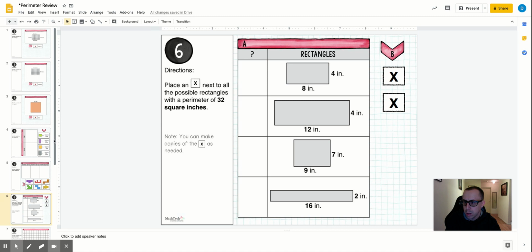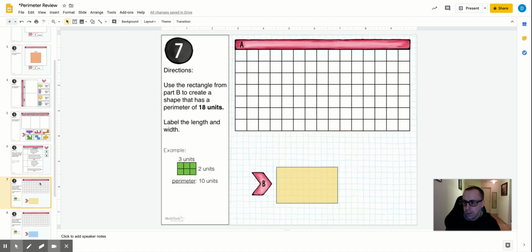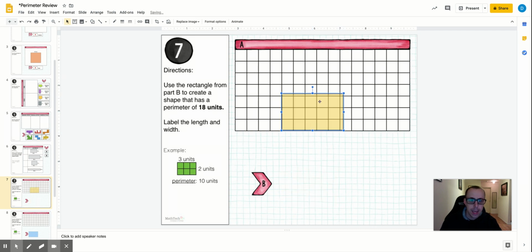All right, moving along to number 7. Here, use the rectangle from part B down here to create a shape that has a perimeter of 18 units. So what you're going to do is drag this up here. Okay, and then what you can do is